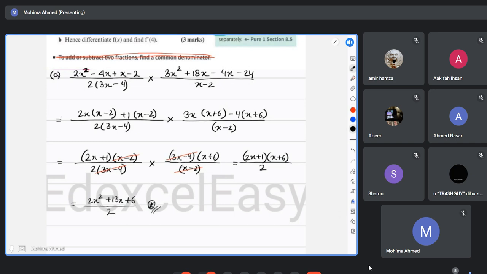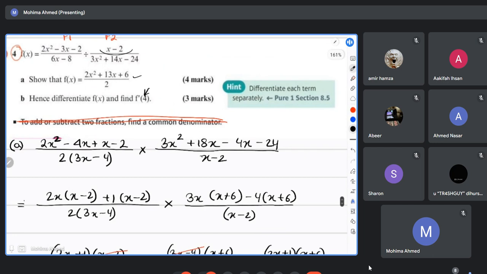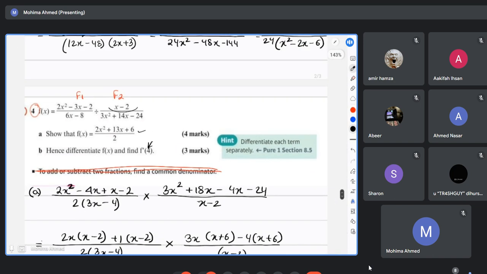In part B now, they're asking about differentiation of f(x) and find f prime of 4, if you can see. This time we have to differentiate that, and after differentiation, you have to include the value 4 wherever x is present in that differentiated equation. Even though we know what differentiation is, just for a small recap, if you have x to the power n, in the differentiation process, it will be n multiplied with x to the power n minus 1. In differentiation, the power comes in the front and then gets subtracted by 1. So n x to the power of n minus 1.